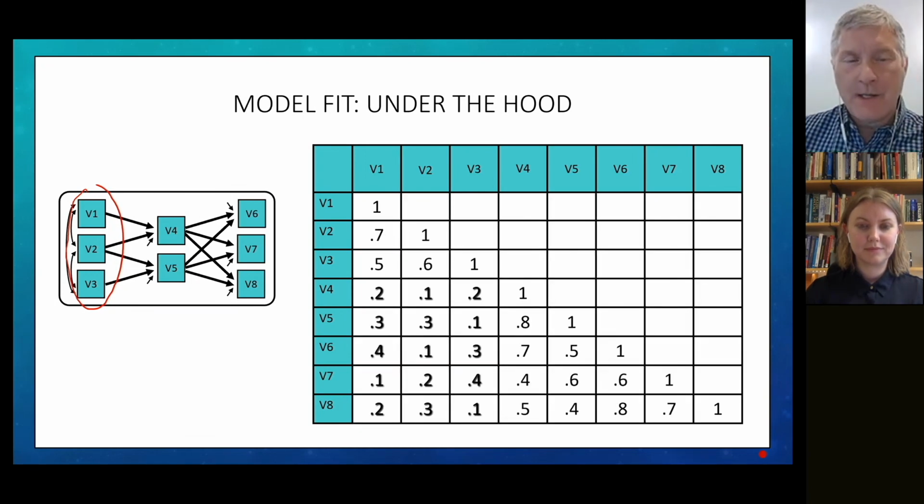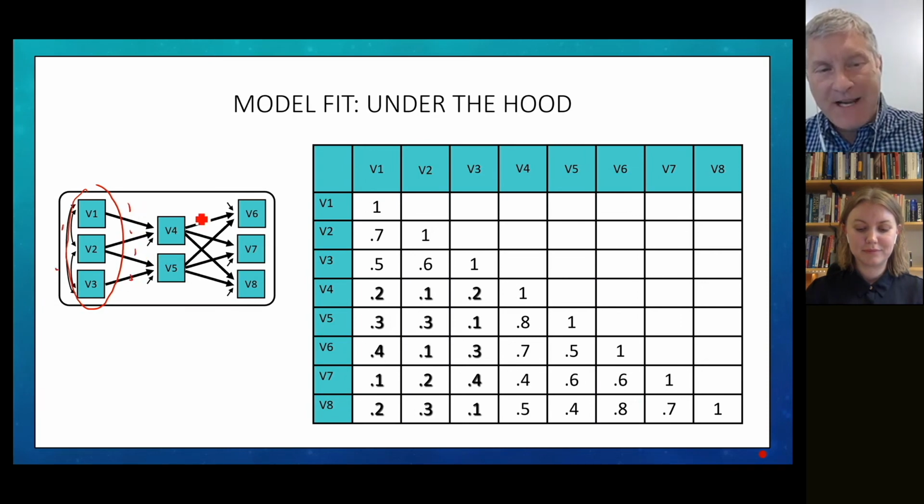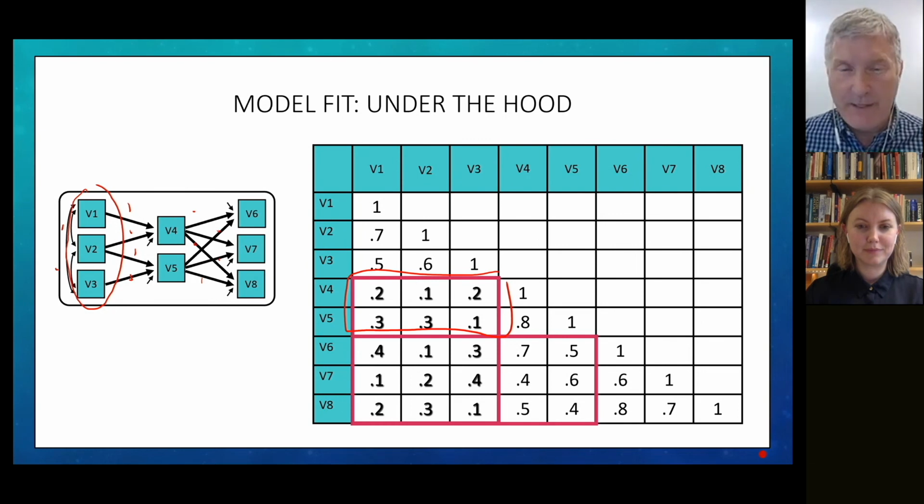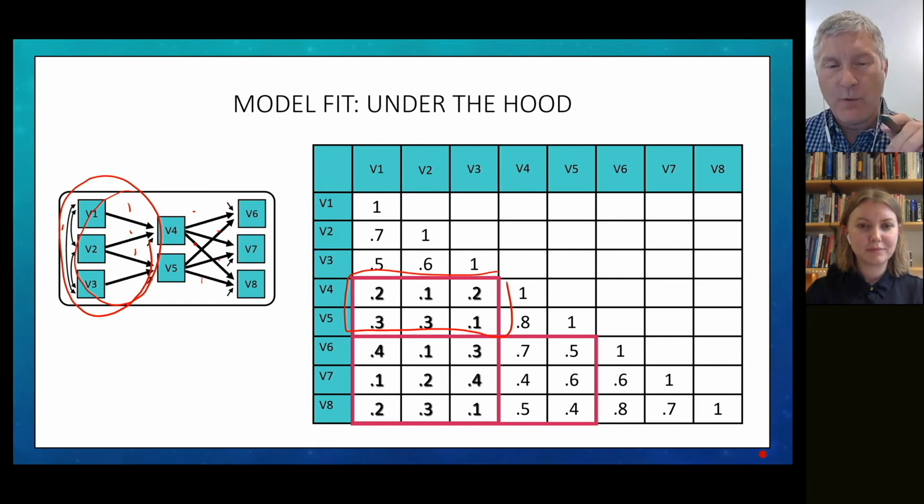All right, well, so we go out and we gather some data, and we'll just imagine them in the form of a correlation matrix. The question is, are there numerical values that can be attached to these connectors that would be consistent with the pattern of relations that we have in our data? For example, we have a block here of correlations, and don't fuss with the actual numerical values there. They're just kind of placeholders. But that's a block of relations between 1, 2, 3, 4, and 5. So are there numerical values that we can assign to these things that would be consistent with those observed correlations? And with those correlations, and with the correlations of 1, 2, and 3 with 6, 7, and 8.